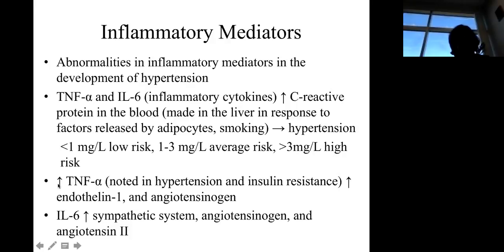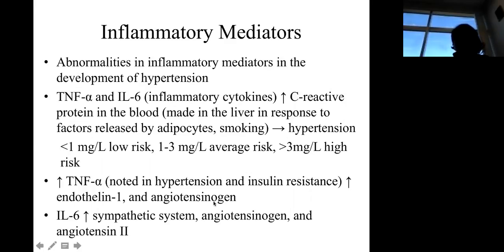Okay, so now let's go back to tumor necrosis factor alpha, TNF-alpha. It's again linked to hypertension and insulin resistance. How does that bring about hypertension independent of C-reactive protein is what we are looking at here. It increases the secretion of endothelin-1. Please note that endothelin-1 is a vasoconstrictor. So TNF-alpha can do two things. One is to trigger the production of C-reactive protein, trigger the release of endothelin-1, which causes vasoconstriction, and the production